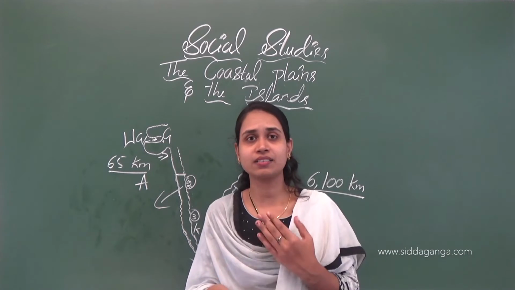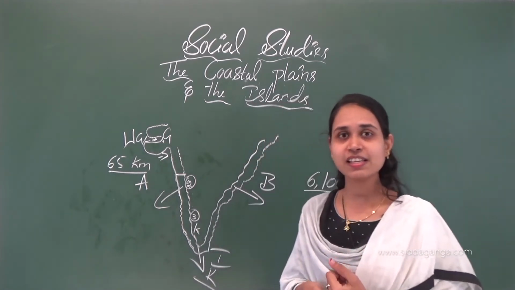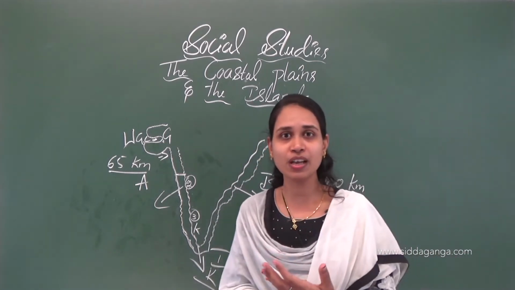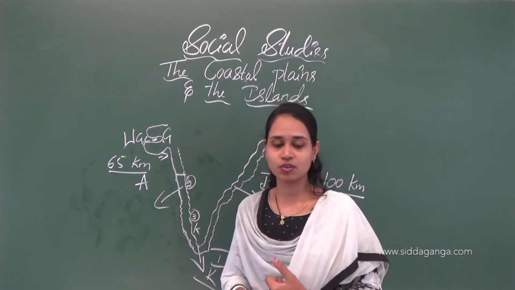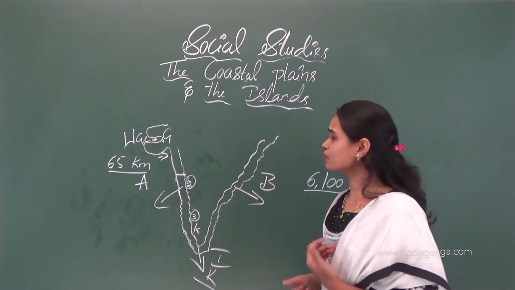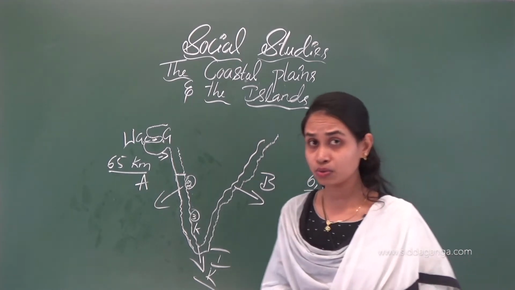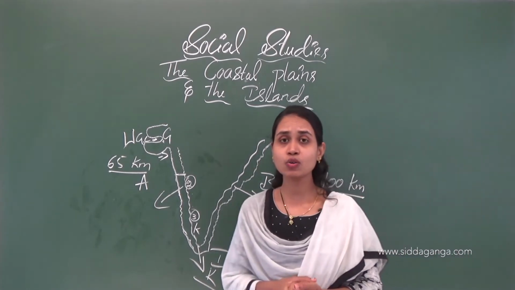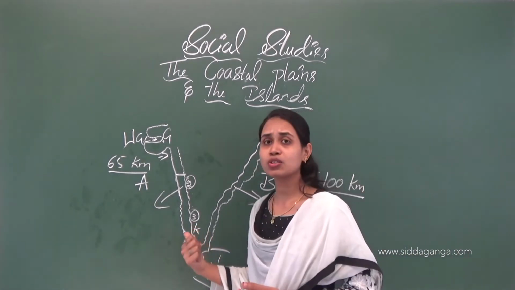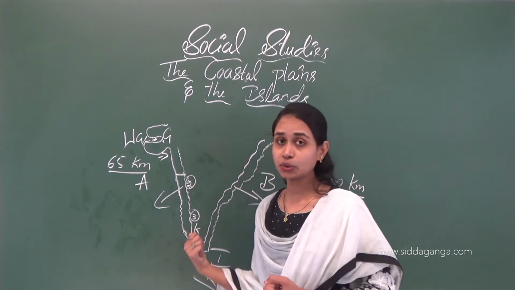There are so many coconut trees we can see now. They look very beautiful. So yes, we can see this in the Malabar coast. And also we find the lagoons. We find lagoons along the Kerala coastal line. So here in the Kerala coastal line we can find the lagoons.